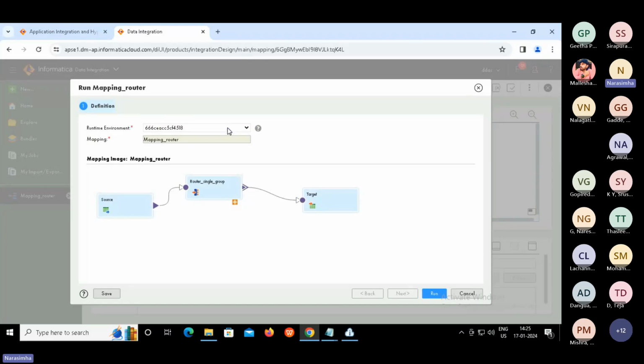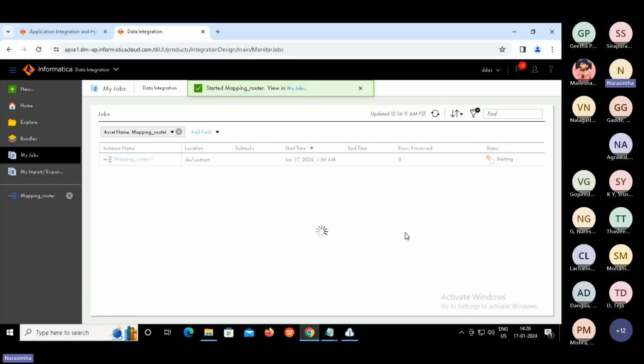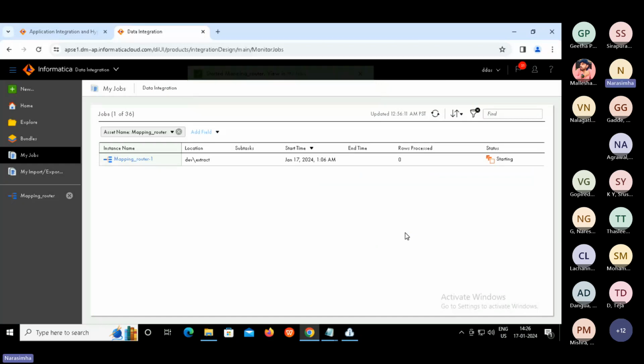But if you have only one, by default that would be selected. You don't need to do explicit selection. In your case, I think there's only one, right? Okay, so now click on run. Yes, it is running, so let's wait for a while. Meantime, if anybody has any questions, please ask now.